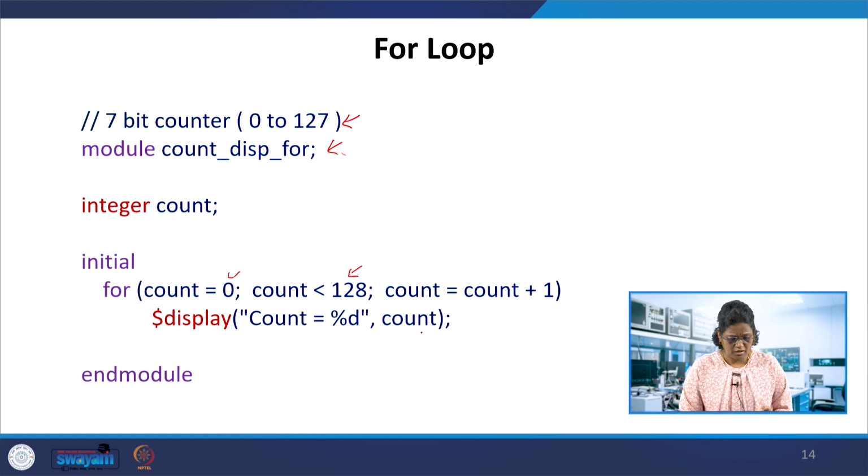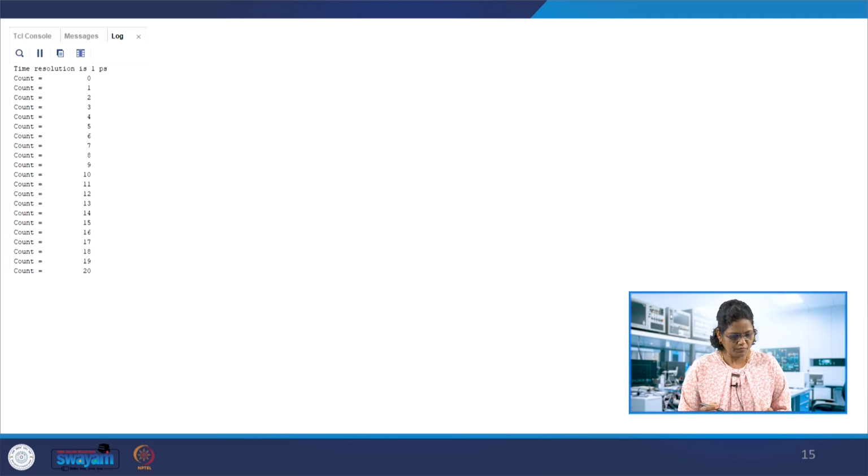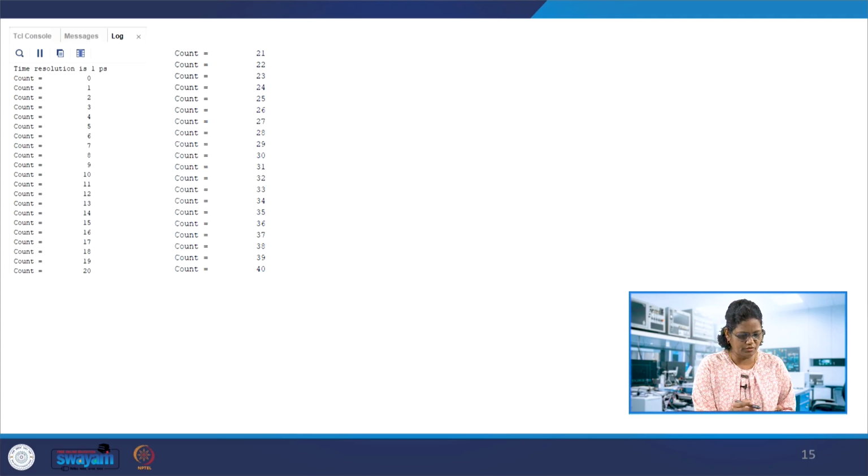So here the integer count is 32-bit. It keeps incrementing till 127. So the count becomes 127. So we just have the 7-bit counter with 0 to 127 outputs here.